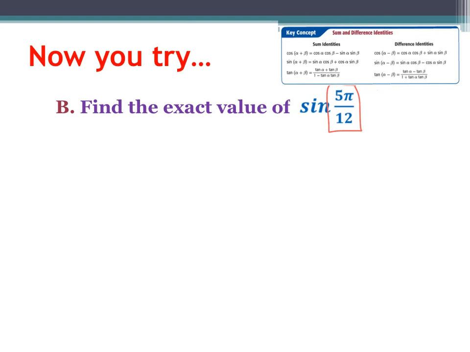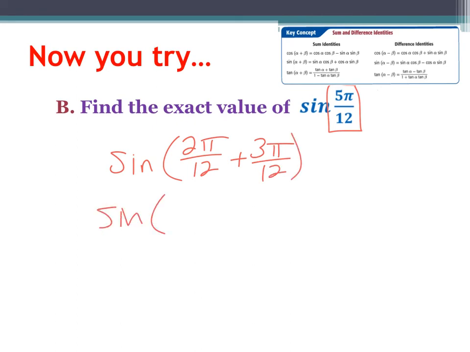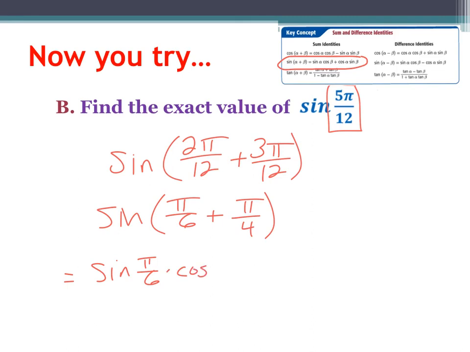So I believe if you change the first several radian measurements into terms of twelfths, you should have found out that 5 pi over 12 I can write as 2 pi over 12 plus 3 pi over 12, which on the unit circle come from pi over 6, if I reduce that, and pi over 4. And so we are using the sum of the two angles there, so the sine of the sum formula. If I apply it to that formula, it ends up being sine of my alpha, which in this case is pi over 6,